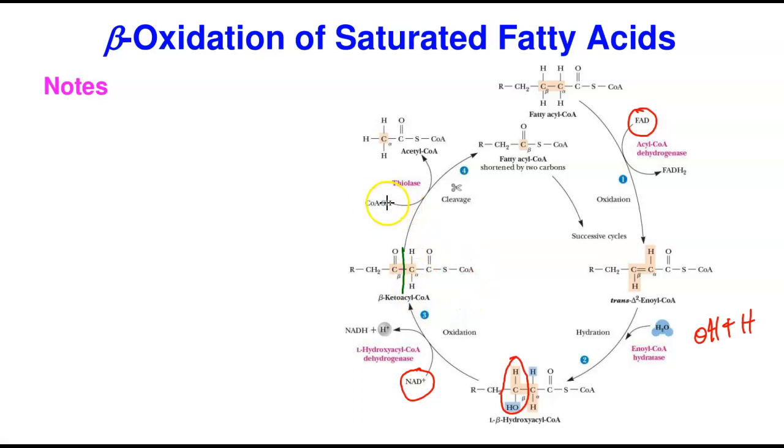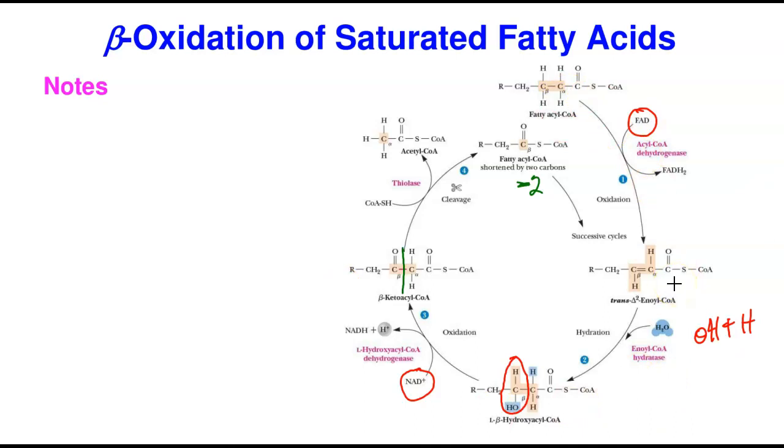But another CoA comes in and is now attached to the remaining fatty acid to form another shortened fatty acid CoA that has lost 2 carbons. So it has been shortened by 2 carbons. Exactly, that's what happens here. And this will now continue this reaction again. So the reaction is going to continue from here again, and the cycle continues